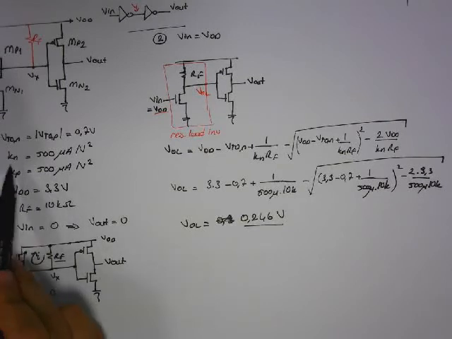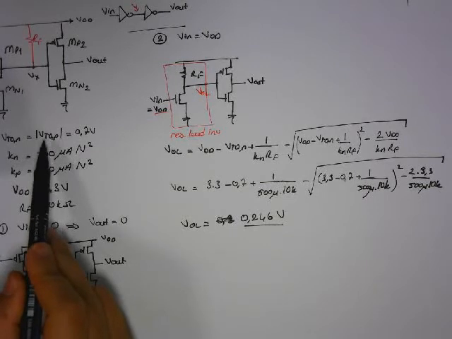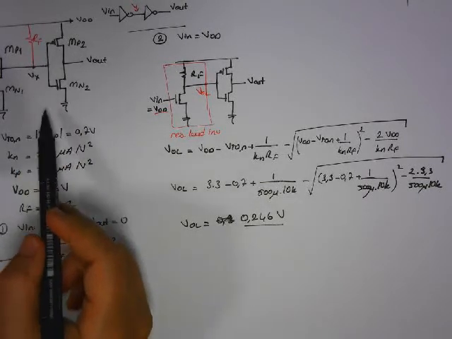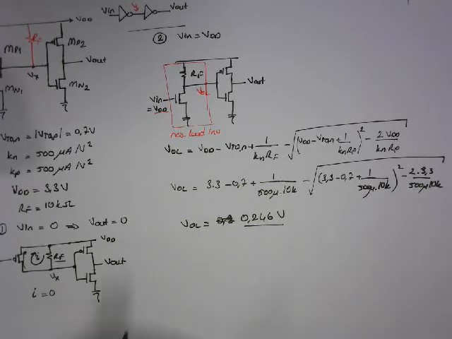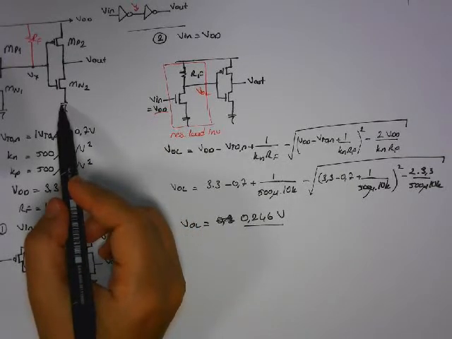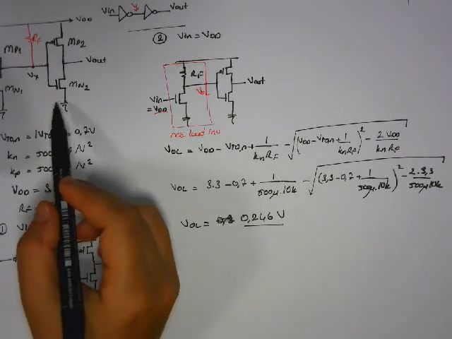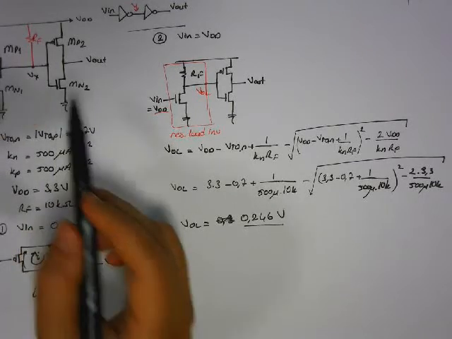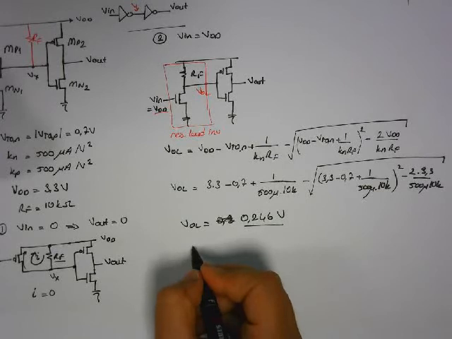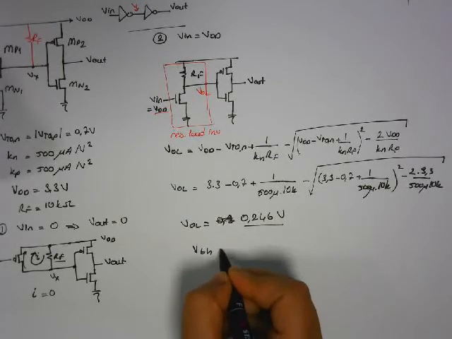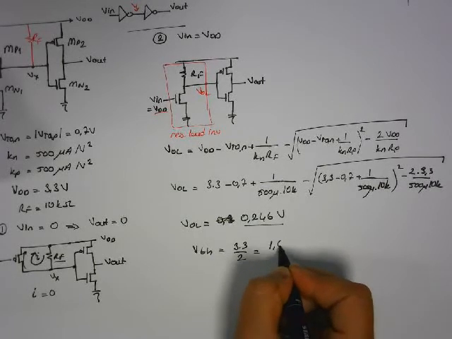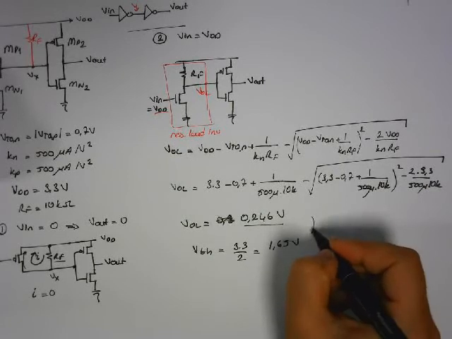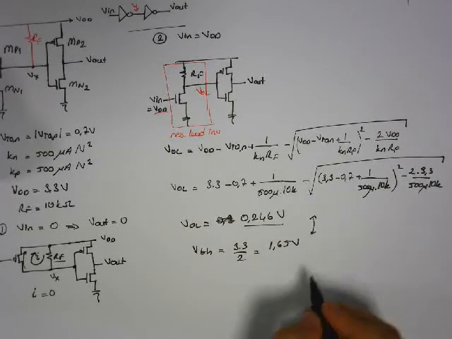So if you look at these values, Kn is equal to Kp and Vt0 of N is equal to the absolute value of Vt0 of PMOS. That means these inverters are symmetrical inverters. Ideally, we have to calculate VIL of the second inverter, but I'm not going to do that because I know this is a symmetrical inverter and VTH is 3.3 divided by 2, that is 1.65 volts, and when we compare these two values,